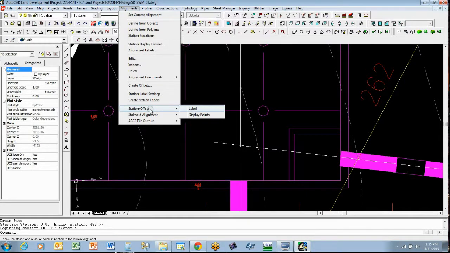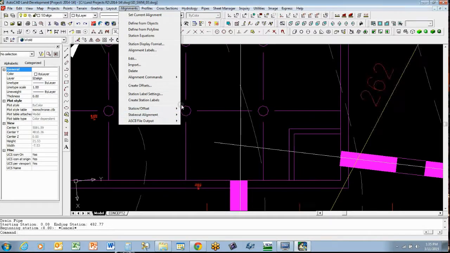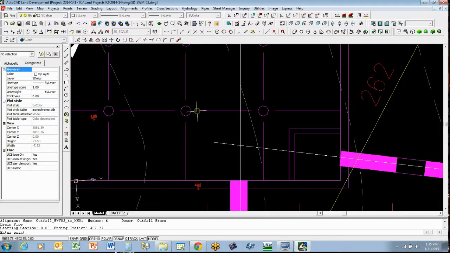Alignments and label. Here it is: label, station, and offset. There it is right here under the alignments command, station and offset, label. And now we want to keep our ortho on to intersection and endpoint, and what we